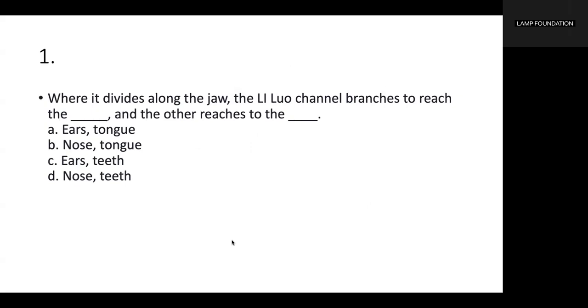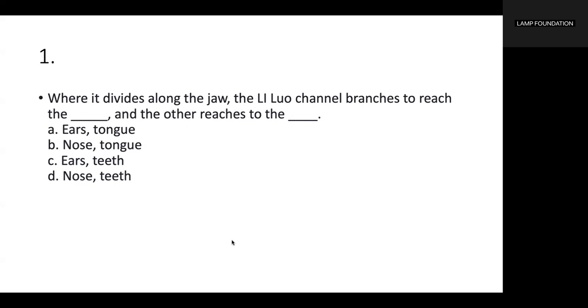Multiple choice, where it divides along the jaw. Here we are talking about the LI Luo channel. It branches to reach the blank and the other reaches to the blank. What is the correct answer? The answer is letter C, ears and teeth. Okay, so this explains why